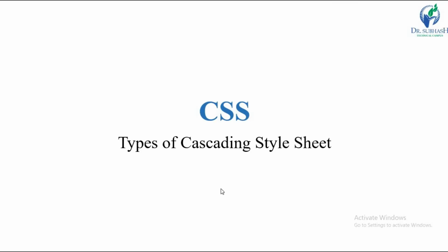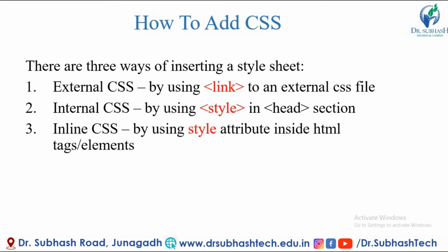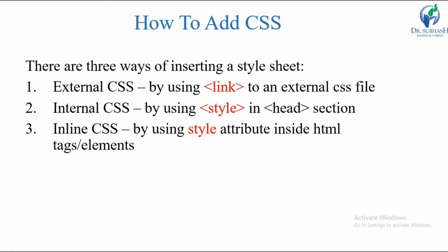Hello everyone, today we are going to start with types of CSS. There are three ways to add CSS code to your HTML page. First, using external CSS, second, internal CSS, and third, inline CSS. In external CSS, CSS code is written in a separate file and saved with the extension .css, and that file is linked with your HTML file using a link tag that is written inside the head section of